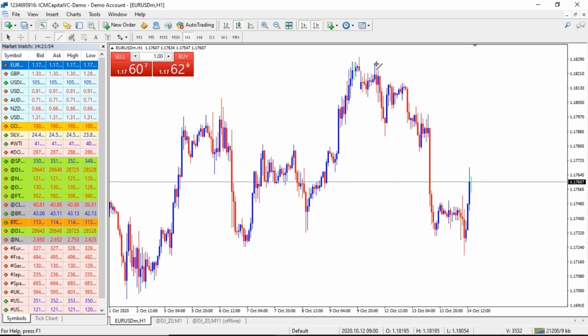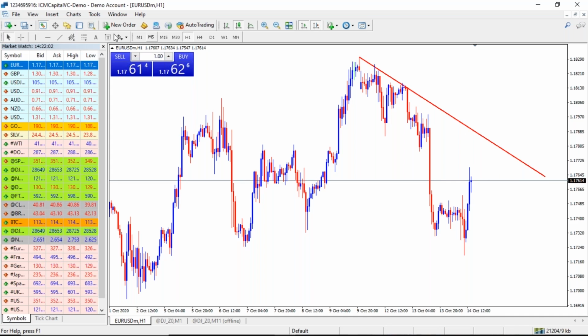So for example, for the trend line, I have these points here. I can draw, for example, this target lower. So this is, for example, the trend line here. And for example, on the other side,